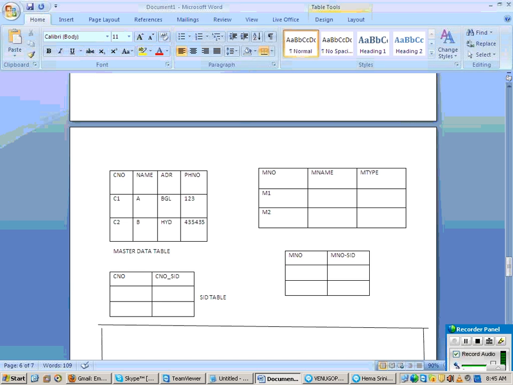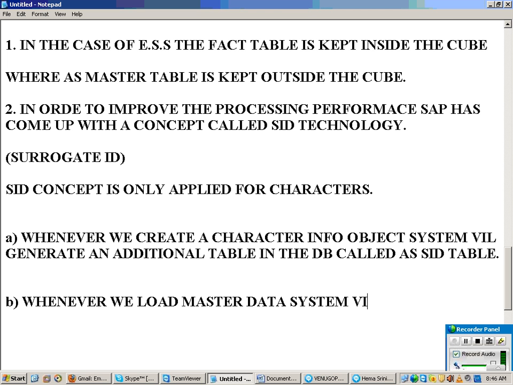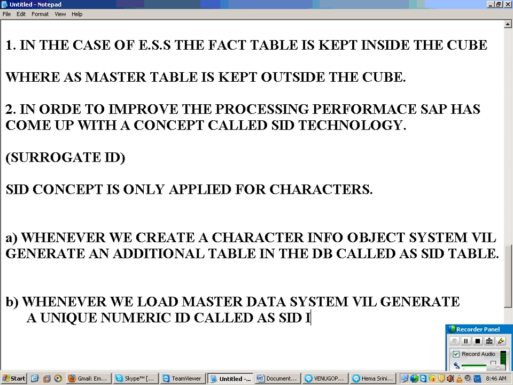Then the other part is, whenever we load master data, the system will generate a unique numeric ID called SID in its corresponding SID table.